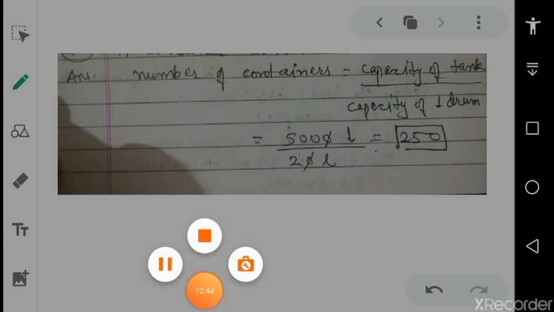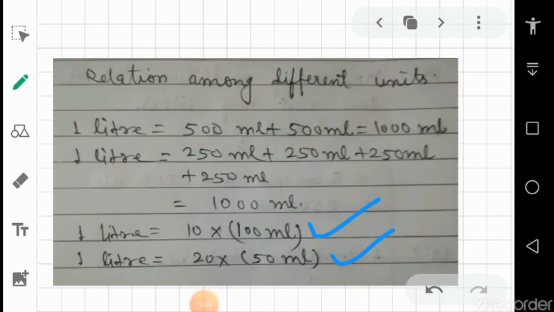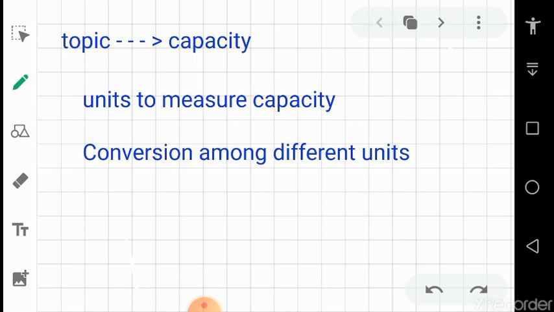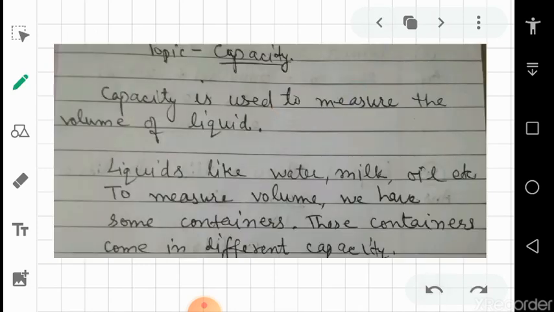Now let us see a few important points again. See here, what is the capacity? You must know the concept behind this, as regarding the weight, regarding the number systems. So this is the basic concept and you must start from here. If you know the real concept behind the topic, then you will understand everything.